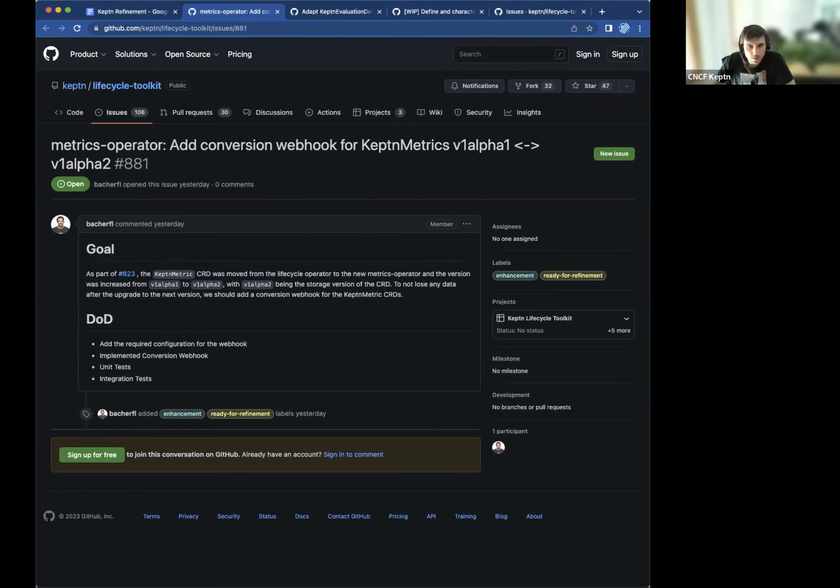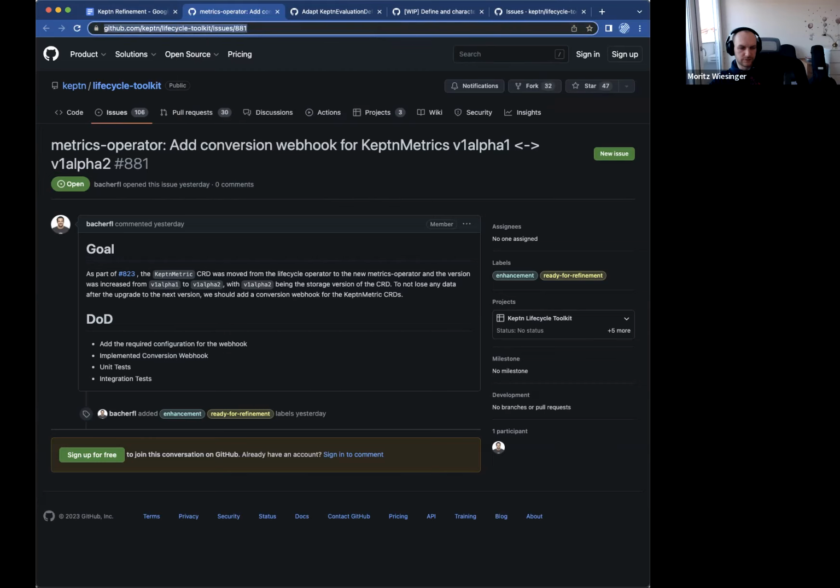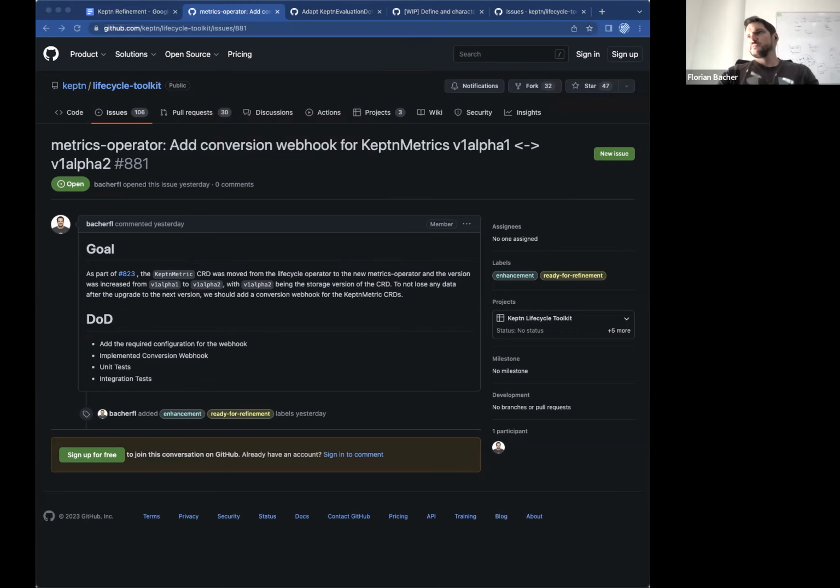So any questions from the rest of the people? Is it clear what we need to implement? I have one more question. Is Alpha 1 also getting moved, or just Alpha 2, like Alpha 1 staying in the old operator and Alpha 2 being in the new operator? Alpha 1 also had to be moved